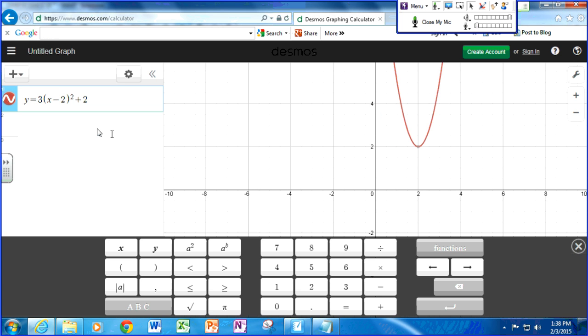Now, if I want the h value to be a negative number, what I would have to do is put a negative sign in there. And there we go. You notice that it went 2 units to the left now because h is negative. But if I were to multiply this out and simplify it, the negative times a negative would actually give me a positive 2 in the middle there. But it's not going to make any change at all to the actual graph, because plus 2 is exactly what negative times negative 2 works out to be.